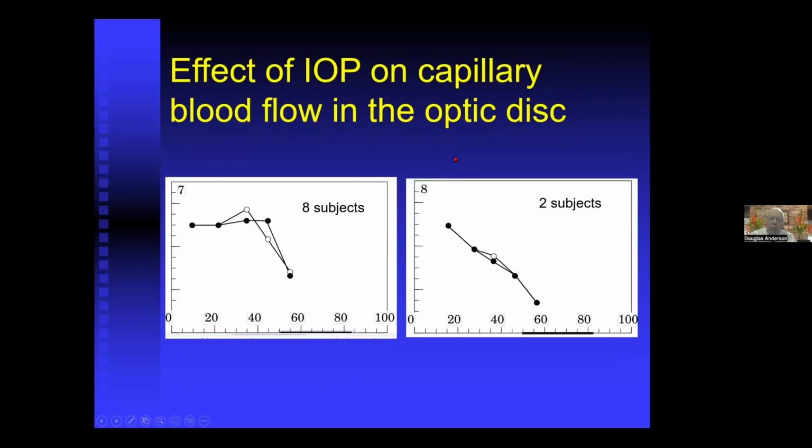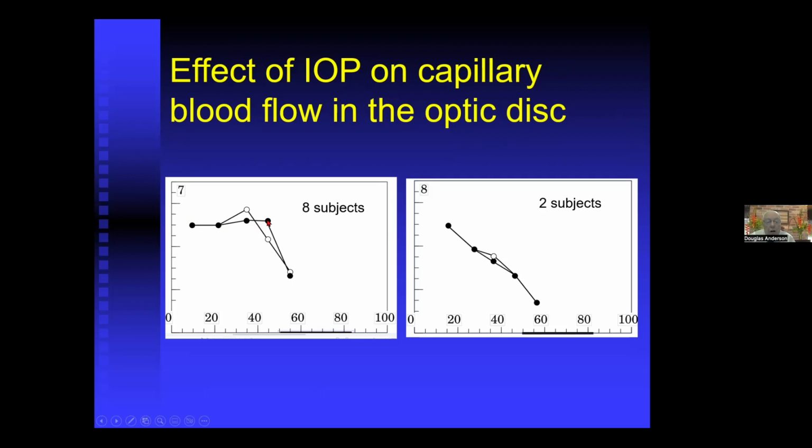Now, the other aspect of this that's of interest is that the blood flow in the capillary bed is autoregulated in CNS tissues, central nervous system, CNS. And that includes the retina and the optic nerve and everywhere else. So a study was done on the optic nerve head of 10 normal subjects of the blood flow in the capillaries of the optic disc. It wasn't an easy study to do, so there were only 10 subjects. In 8 subjects, on the left here,